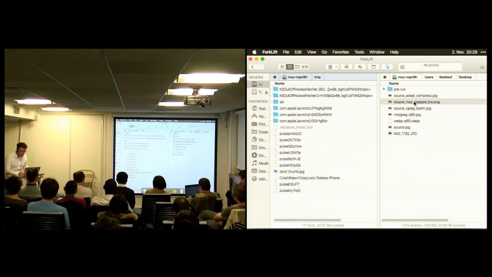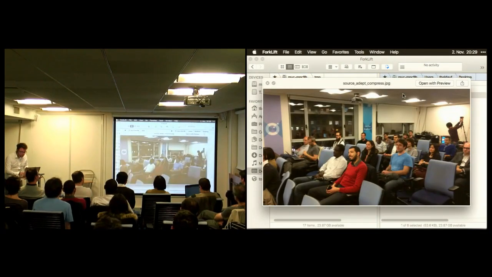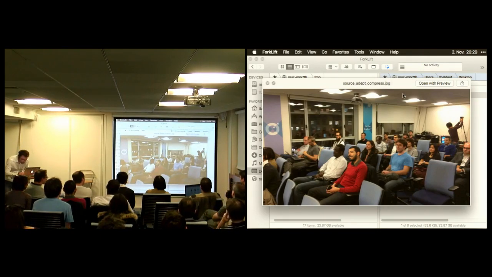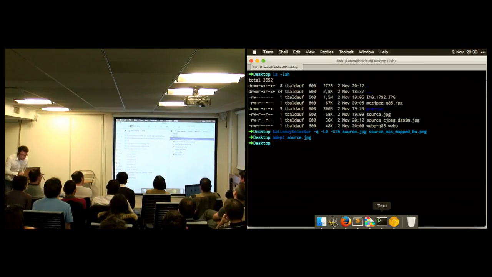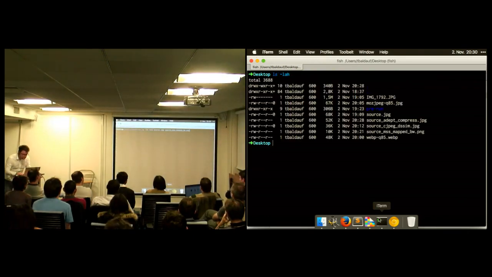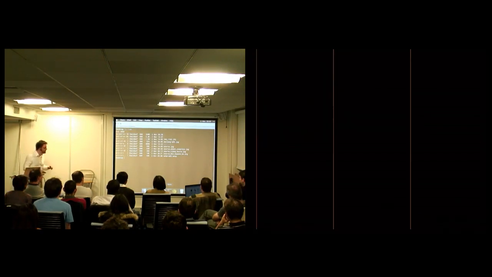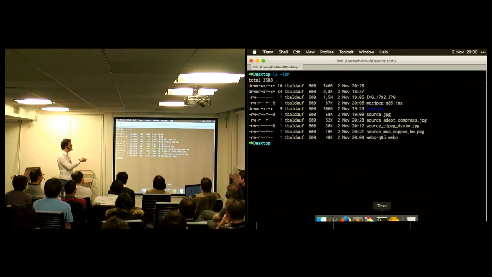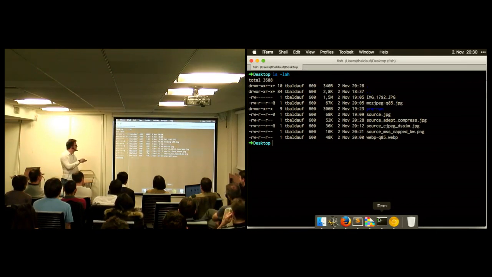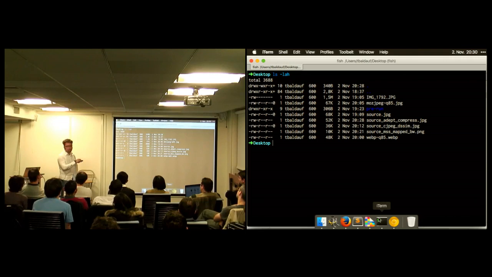So adapt has run, and we've got an image that looks like that. Can we see major compression artifacts? I can't. That's really cool. So let's see how big it is. Source adapt compress: 52K. That is pretty good because we had 68K to begin with. Mods JPEG without any enhancement, 67. We've got Webp at 48. And now with adapt, we are almost at Webp's file size,